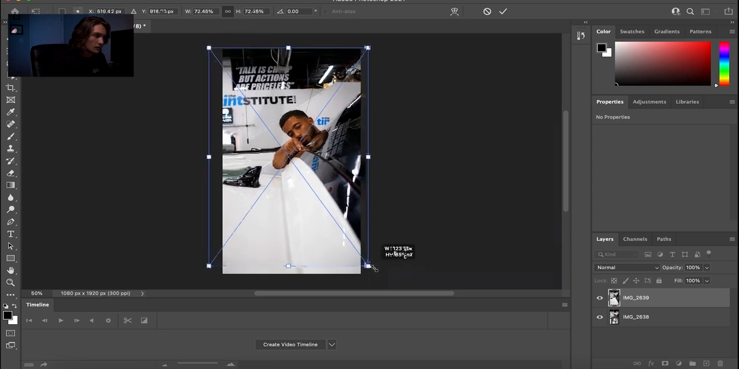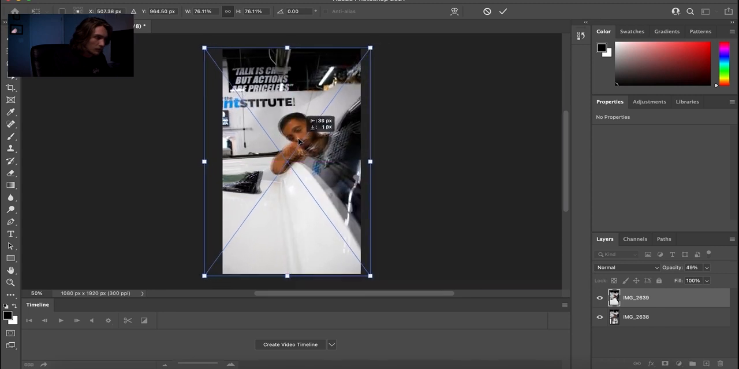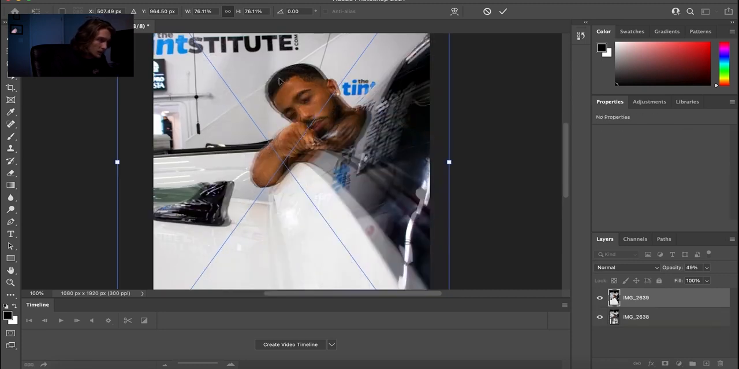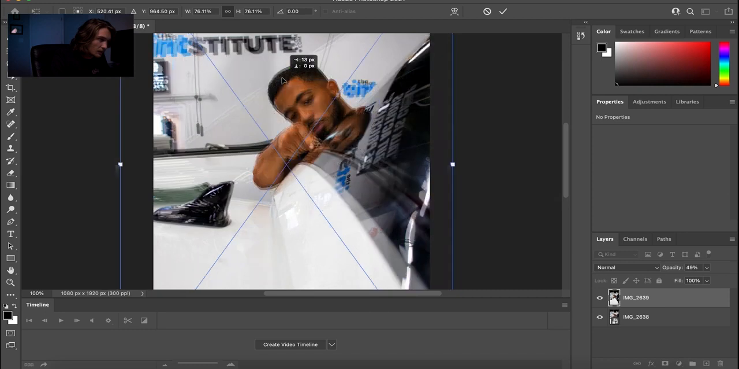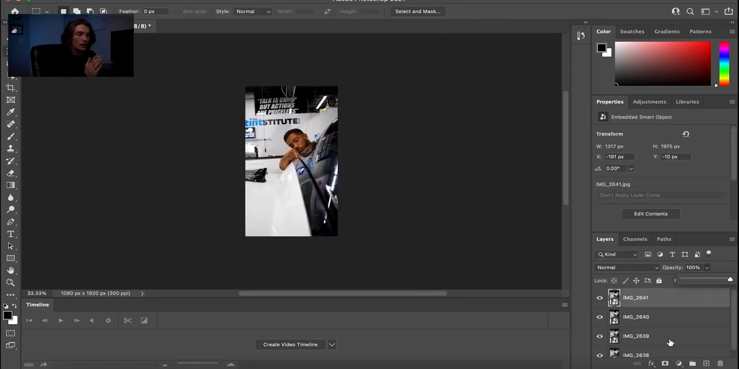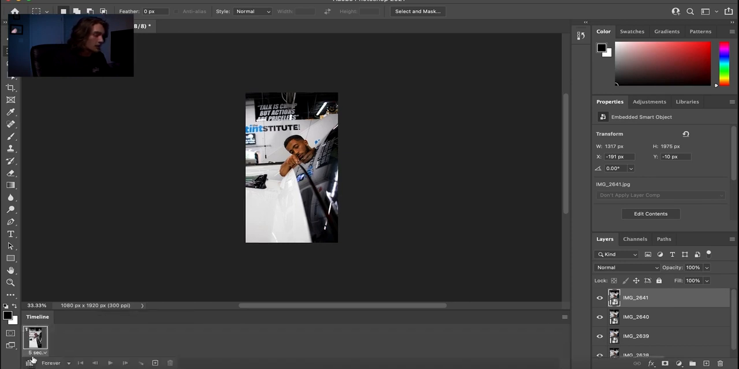Scale it up, drop the opacity, match it up, zoom in, make it perfect. Take your time making it perfect, because that's what makes it worth it in the end. Okay, so I got these 4 photos in here, and I got them the way I want them and all lined up. So I'm going to create this video timeline, hit these squares,